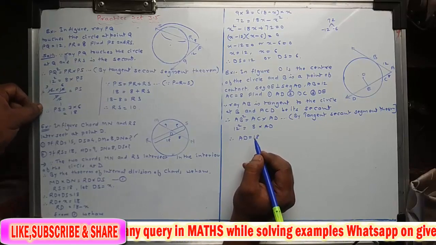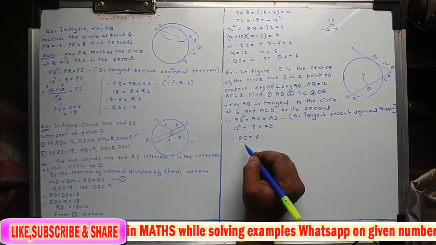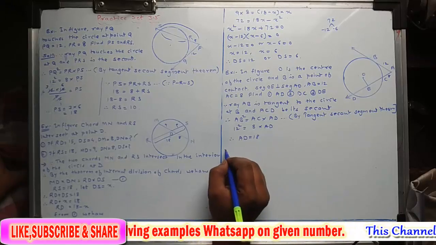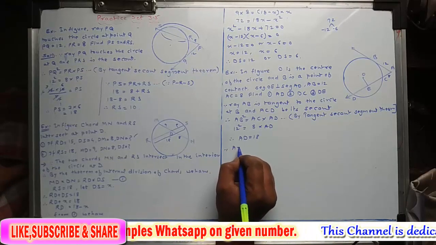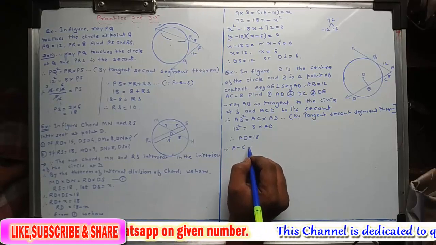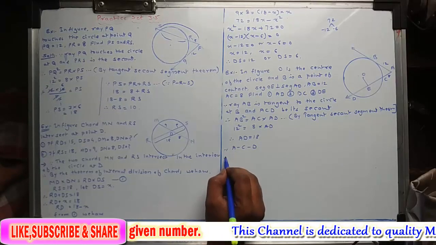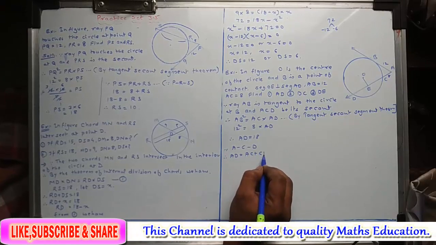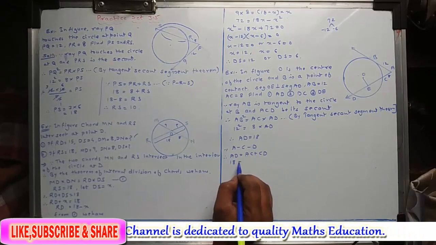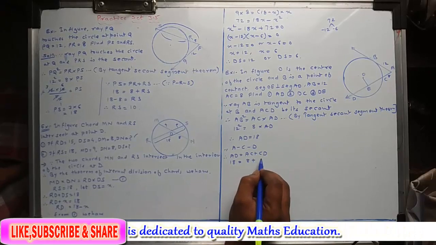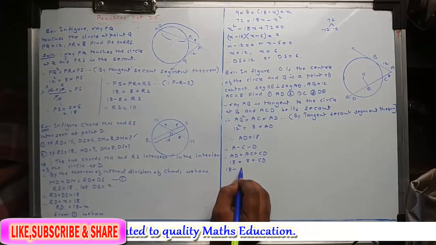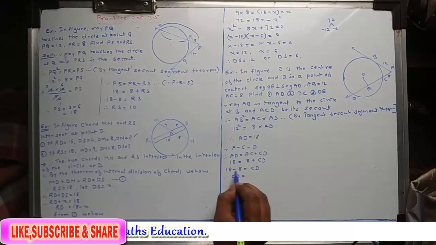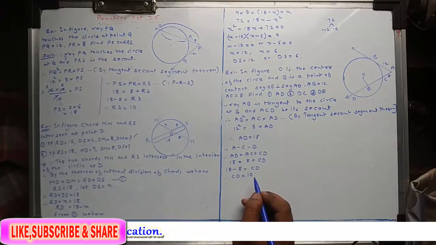The way we solved it here, the same way you have to solve it. Okay, so AD is equal to 18 you got. Now since A-C-D are collinear, therefore AD is equal to AC plus CD, AD is 18 is equal to AC is 8 plus CD, so 18 minus 8 is equal to CD, and therefore CD is equal to 18 minus 8, that is 10.